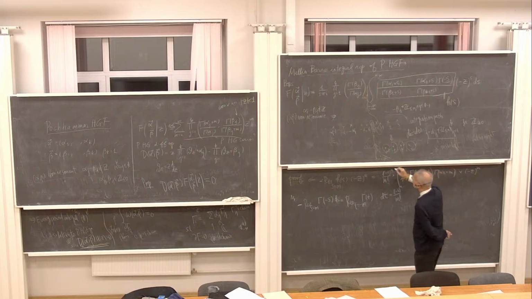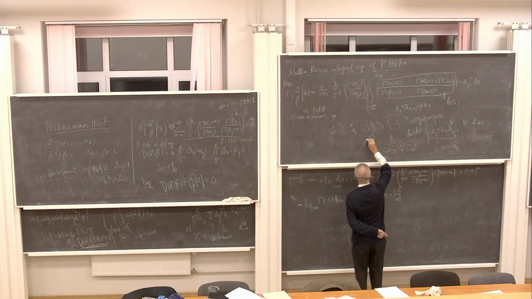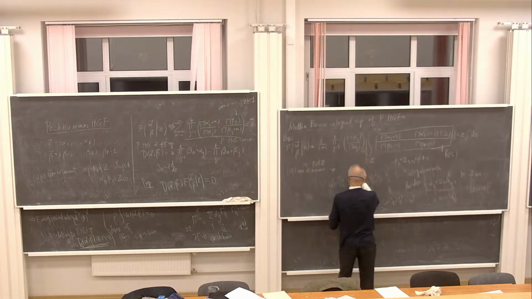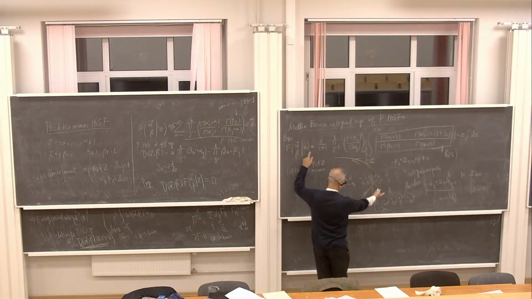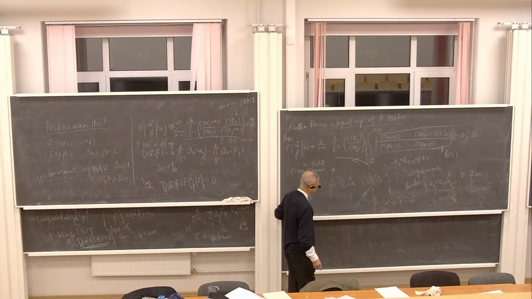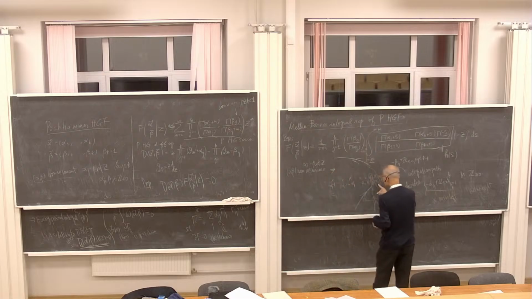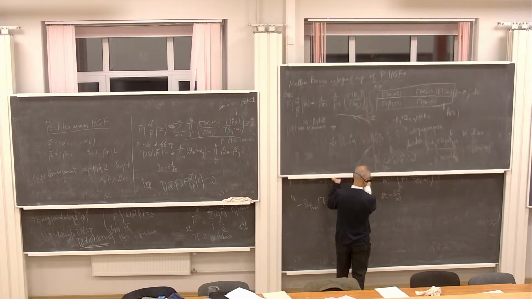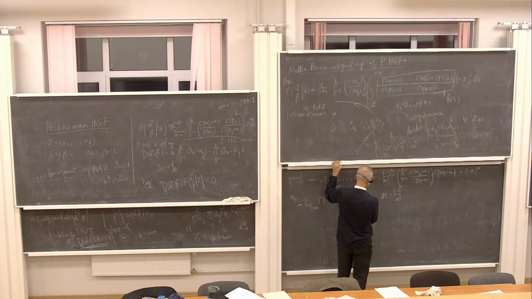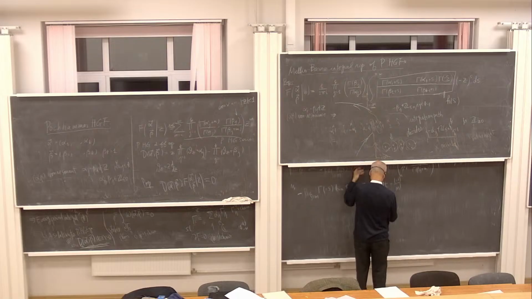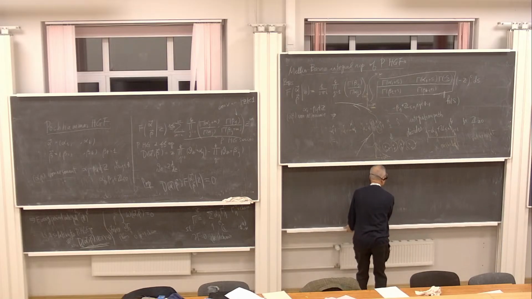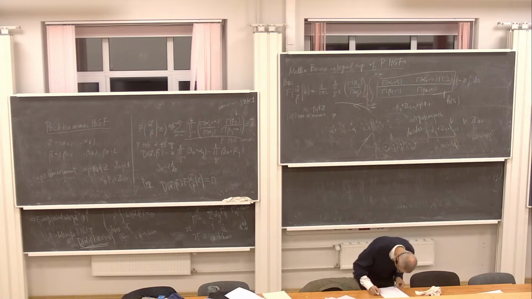But how about if we deform this integration path in this manner, so that you gather residues at minus alpha j minus 1, etc., with negative integer shifts? So the answer is maybe